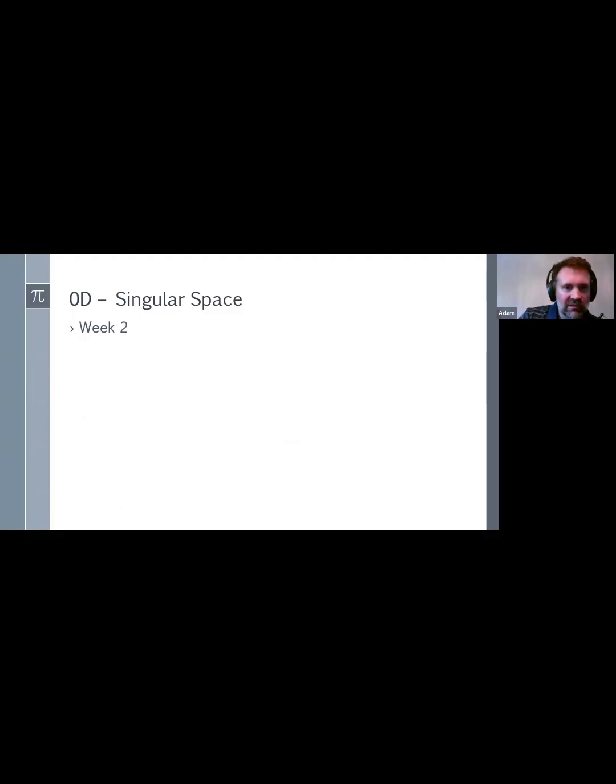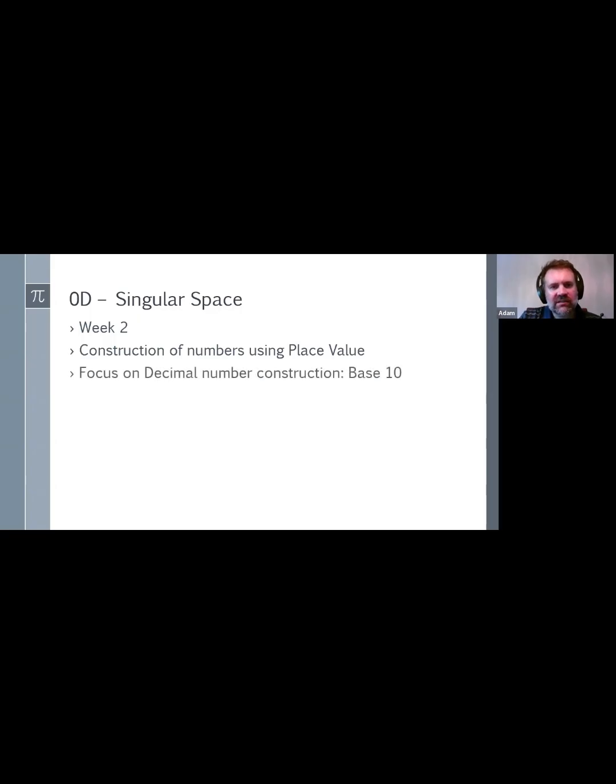In week 2, we're going to use place value. We're going to learn how numbers are constructed using place value. The focus when you learn this with your child, with your student, is to focus on the decimal number construction, which is also considered base 10. So this is the normal numbers that we use. There are also other bases, and you can learn those as well, but keep the focus on base 10 until you're very used to it, and then you can start to stretch beyond that